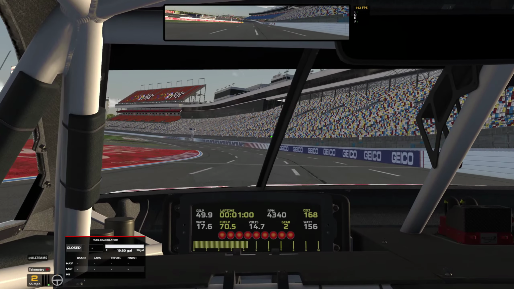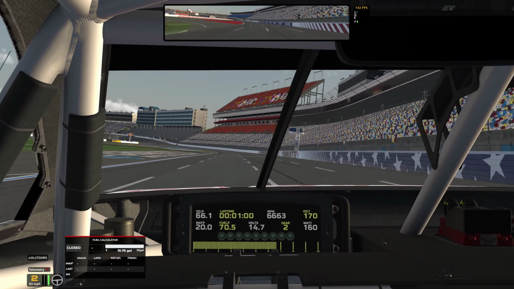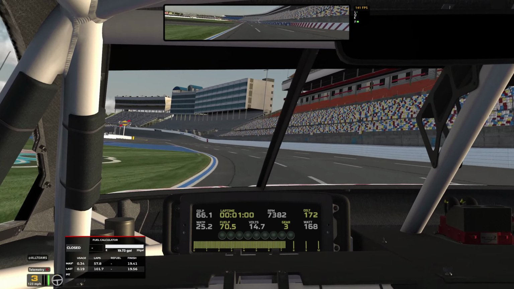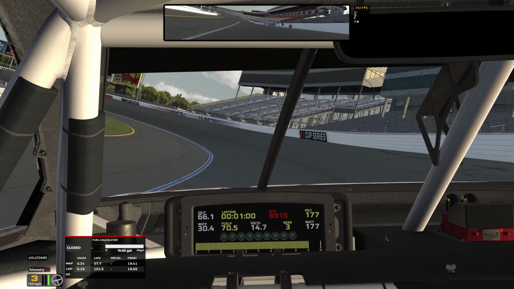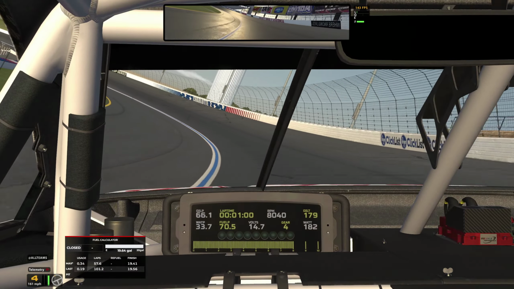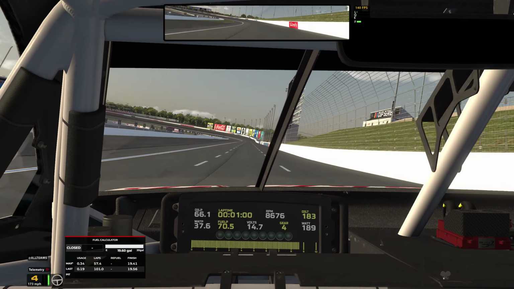So here we are. I'm going in the box. Didn't experience any slippage there. So what I'm looking for is what gear am I going to be in here. So I'm going to be shifting pretty much right in there. If you're back further in the pack, then you're going to be shifting a little bit earlier there. Absolutely